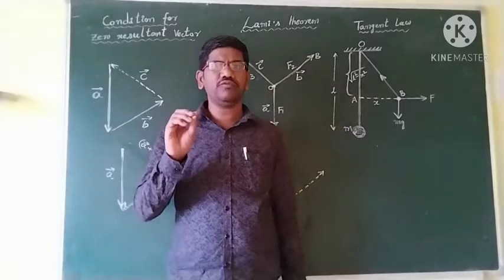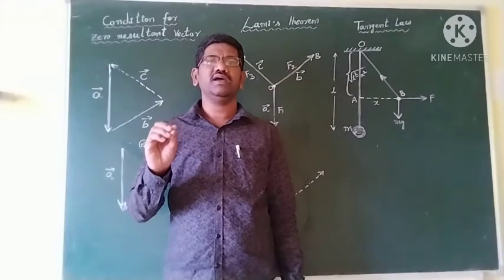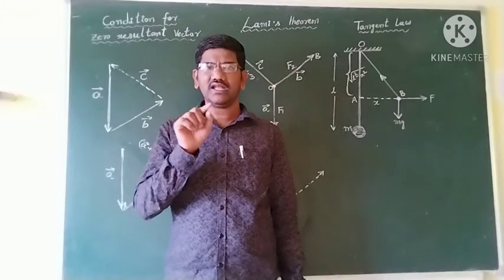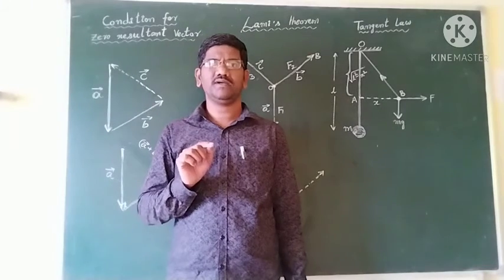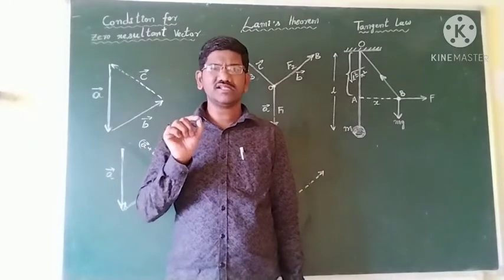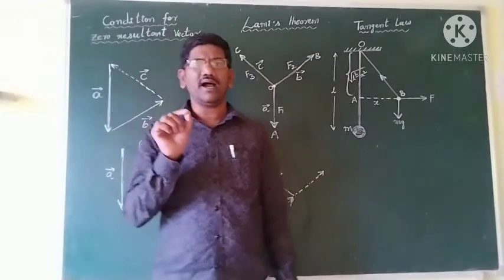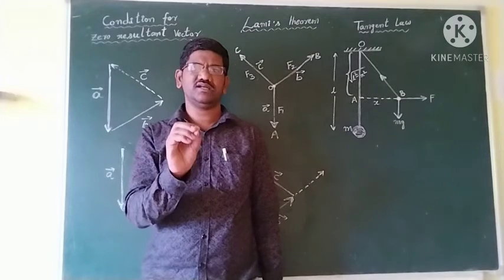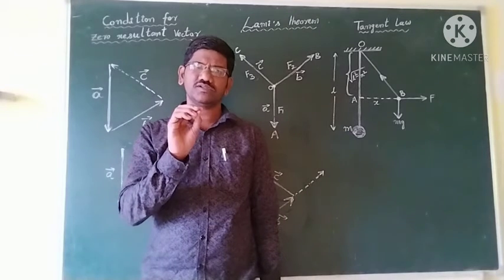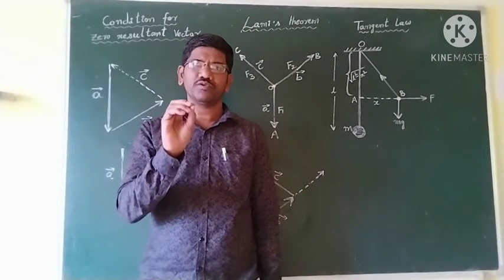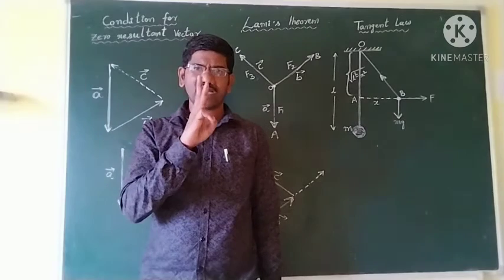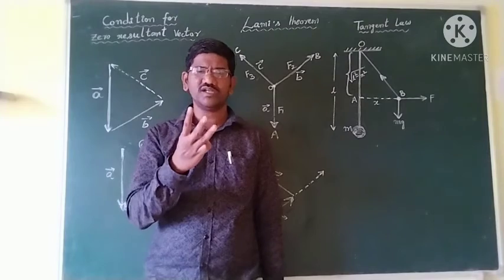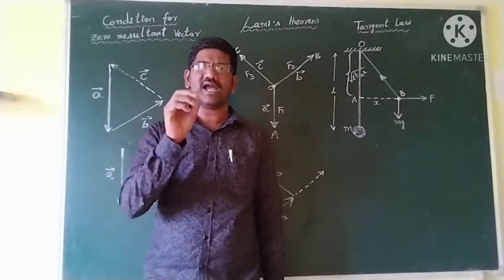Then those three forces can be represented along the three sides of a triangle taken in one particular order. In that situation, we say that the particle is in equilibrium, meaning it is not moving, it is at rest. That is the condition for rest, and those three sides can be those three vectors. So three vectors act on a particle. Those three vectors can be three velocities, three displacements, or three forces. If three forces act on a particle.